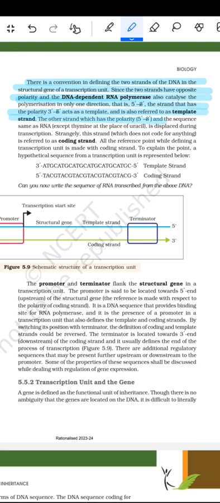The other strand, which has the polarity 5' to 3' and the sequence same as the RNA except for thymine at the place of uracil, is displaced during transcription. Strangely, this strand, which does not code for anything, is referred to as the coding strand. All the reference points while defining a transcription unit are made with the coding strand. To explain this, the hypothetical sequence from a transcription unit is